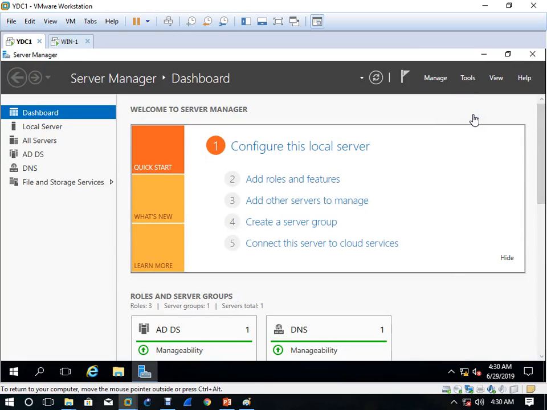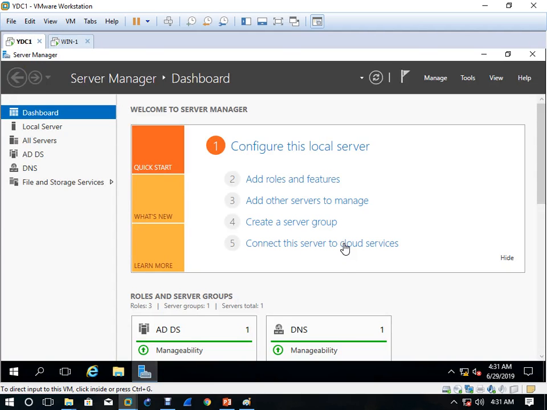Tell me, how will I verify whether this Windows client is my domain client? How will I verify that this computer is my client? How will I find out? Tell me.